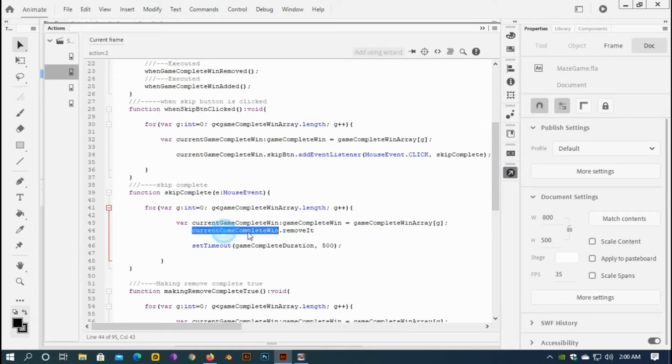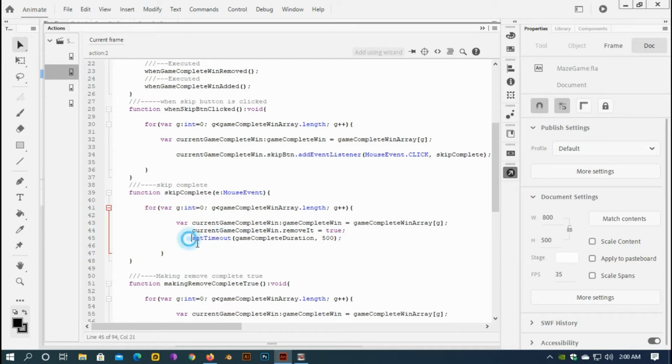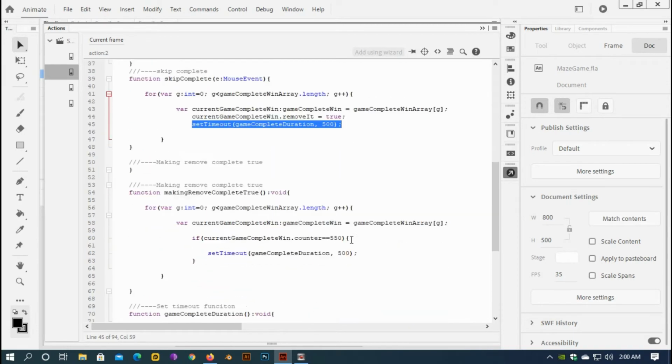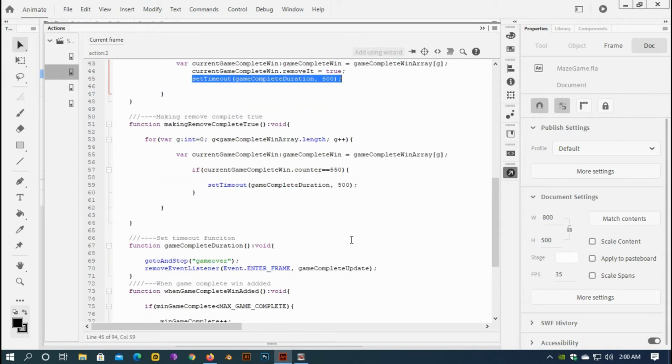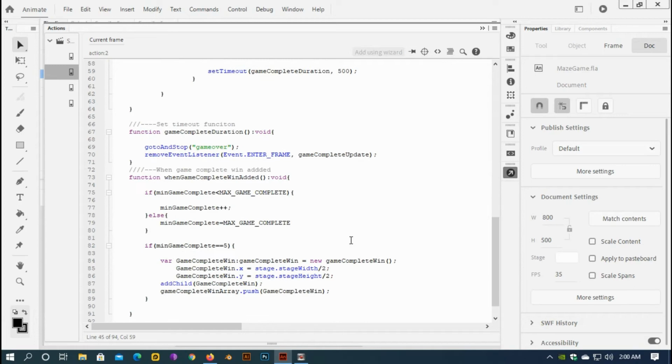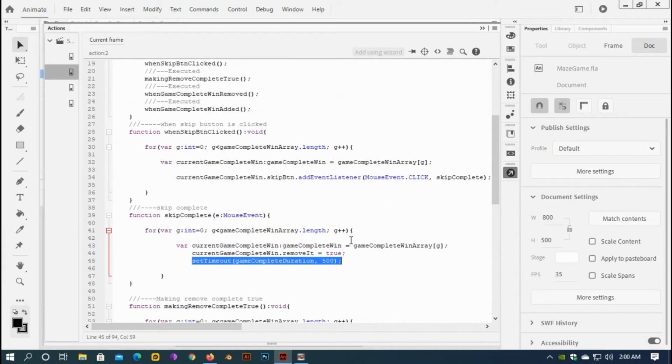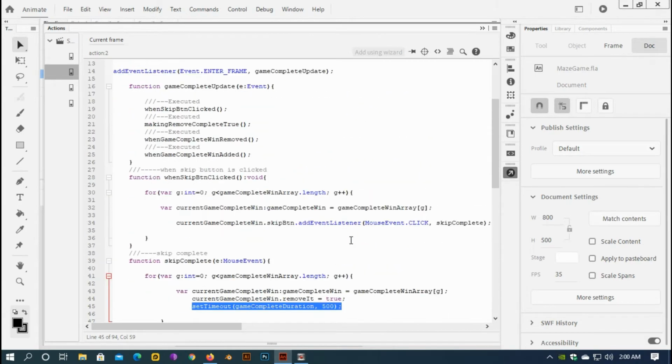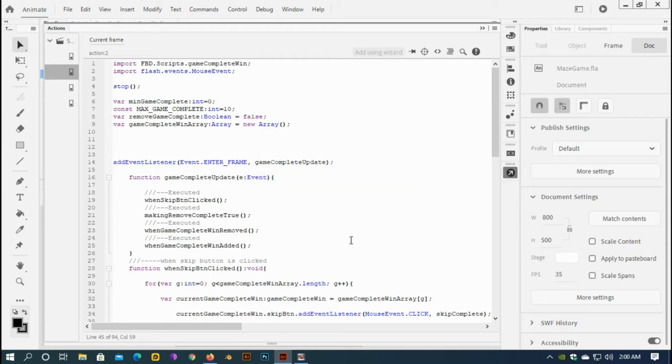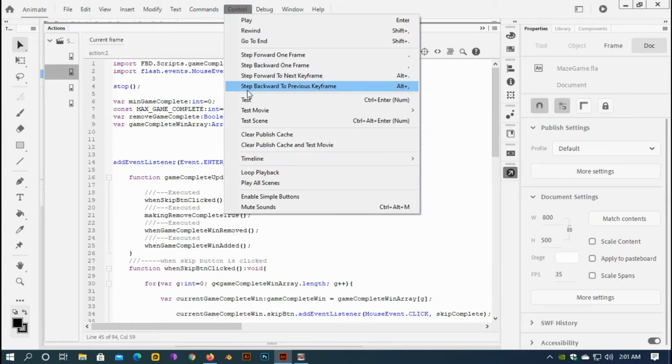So current game complete win dot removeIt equal to true, and also I want this set timeout function. Quite simple, I think, and I think it will work. Save it, and if I test it,